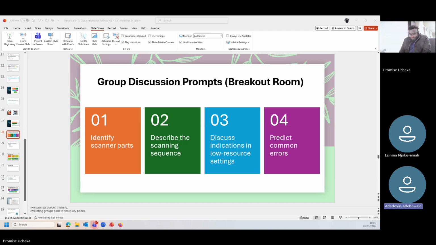I understand what you're trying to say. I think you're comparing advantages and disadvantages, you're trying to compare both. I wasn't comparing both. Indications, I don't know how to break it down. The question is: discuss indications in low resource settings. Now that's the reason why I said that, low resource settings, where probably you have,